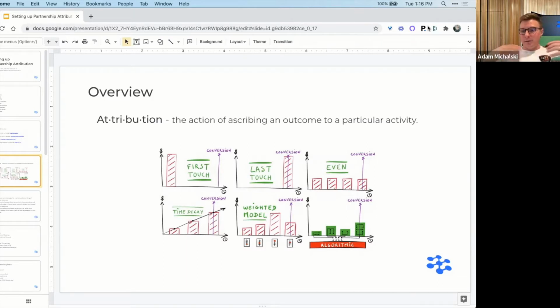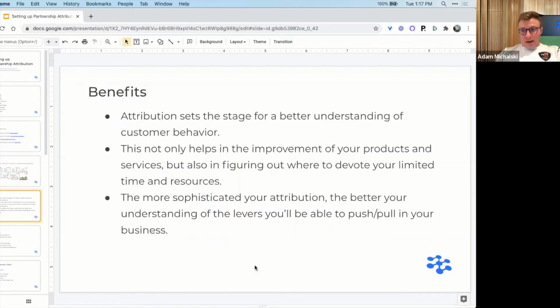just know that it lives within a much wider universe of understanding who's responsible for a specific action, whether that be in marketing, whether that be in sales, whether that be in a variety of different industries. The understanding of each one of those and applying a specific model on top of it, which we'll get into in a little more detail here, is an overarching world in which attribution lives. So the reason why this is important is, and pardon if this is super high level, but I just want to make sure everyone's on the same page here.